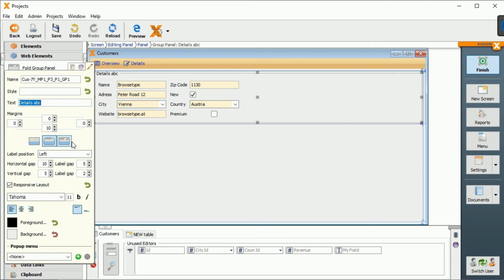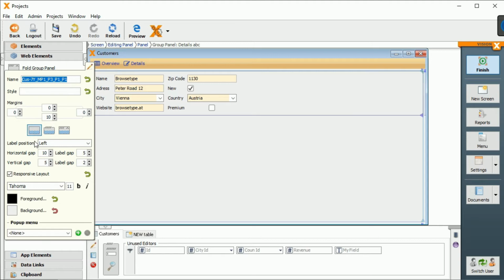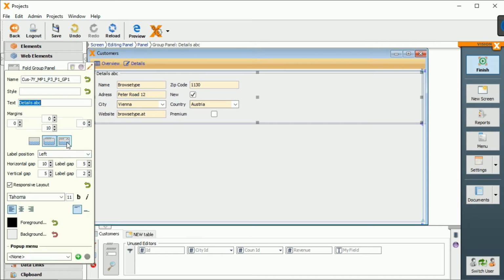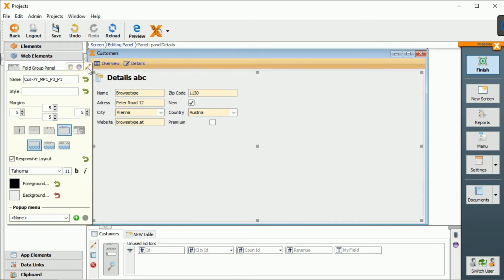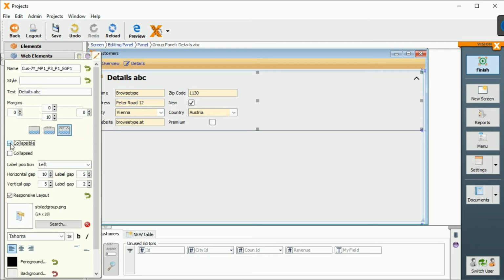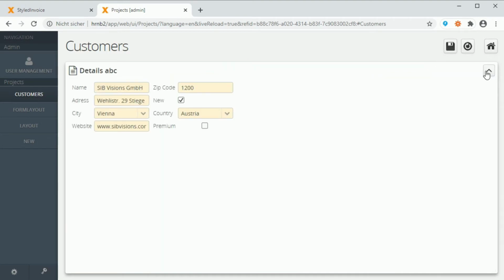on the editing pencil. Here, I can easily choose between three different styles. The first option is a simple panel, the second is a group panel, and the third option is our fold group panel, which gives me both an icon and a title. Clicking on the editing pencil, I can define it as collapsible. If I do that and run it in the live preview, I can see that I can open or close